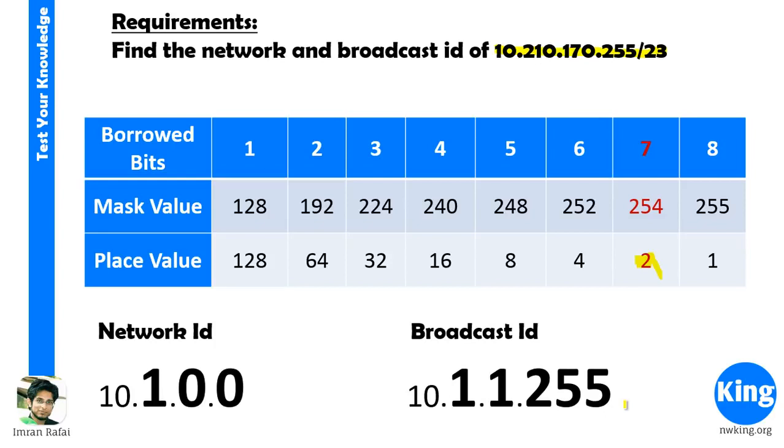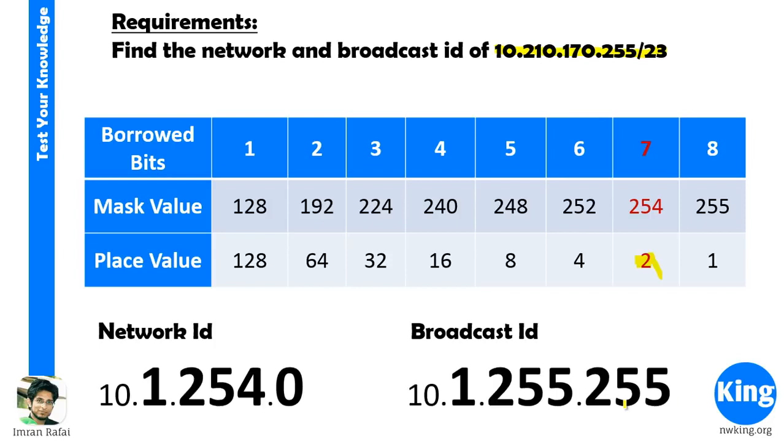Exactly like 13 hours 59 minutes 59 seconds plus 1 is 14 hours 0000, right? Similar concept happens here. So again it goes 10.1.2.0, 1.4.0, 1.8, it goes on to 1.254.0. Again, if you add 2 more, it becomes 10.2.0.0 and goes on and on and on until it reaches